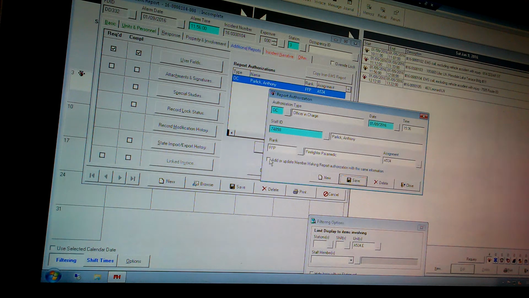If you were the same person as the person doing the report, then you could just click that, and it would also create this new entry. But in this case, I'm not. I'm going to say new, and you could either click here or just do MM for member making the report. In this case, I have to read the email. I think the person in back is doing, no, it's the driver. The driver's doing the report. So in this case,